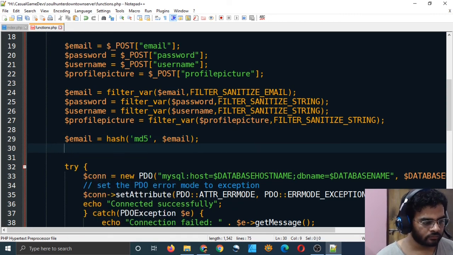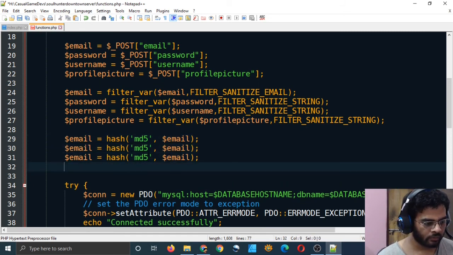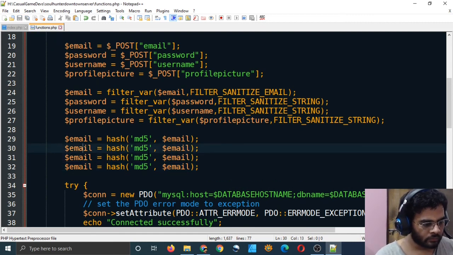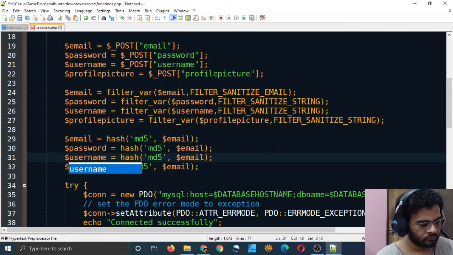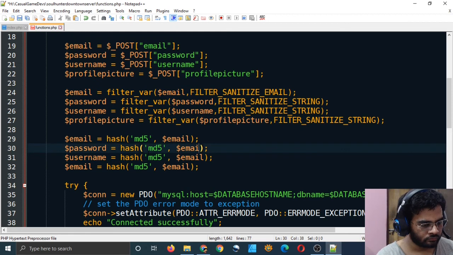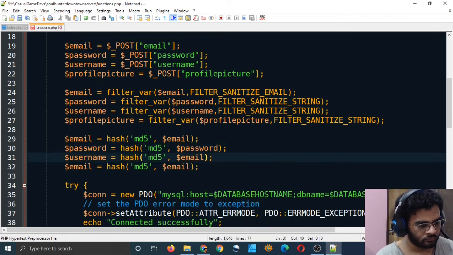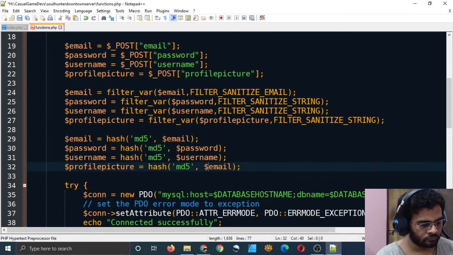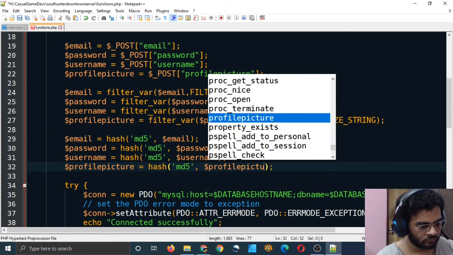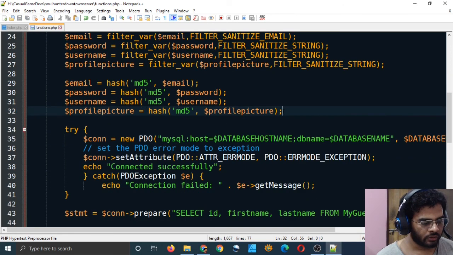So just copy that, paste it three times, and password. This should create hash values of our variables.